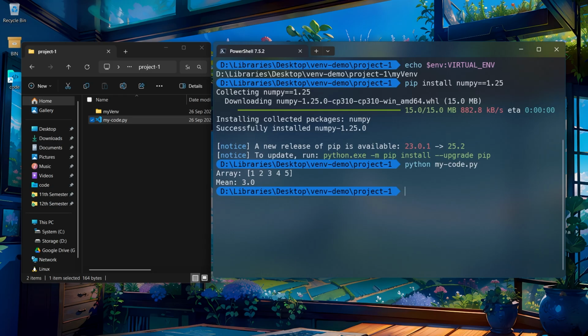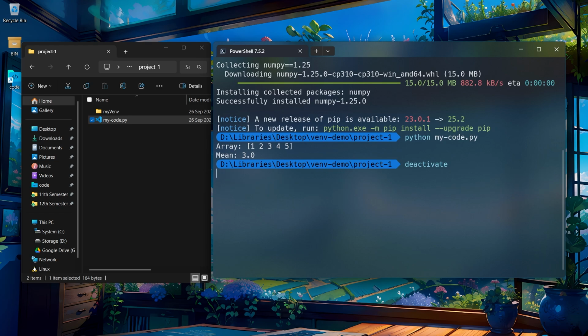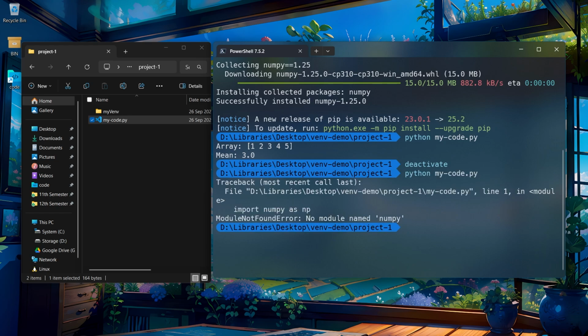Now, if we deactivate our virtual environment by typing deactivate and pressing enter, then we try to run our small program again, we can see that it's not running and cannot find the package that it's depending on. This is how you create and use a